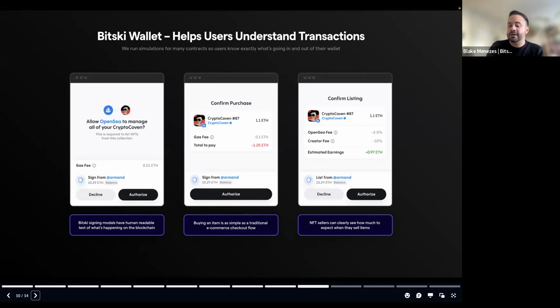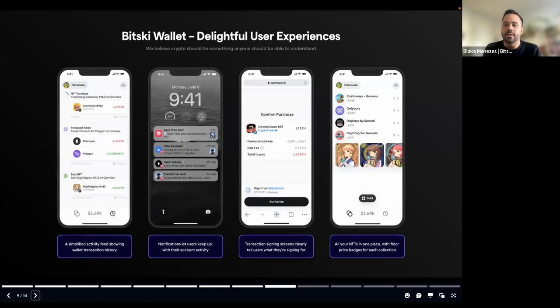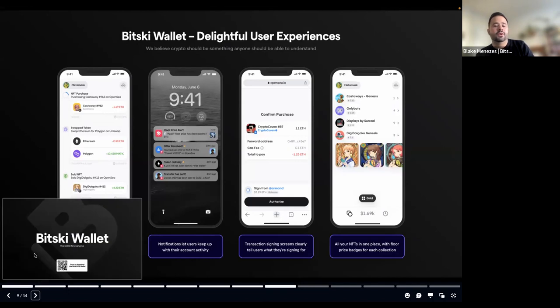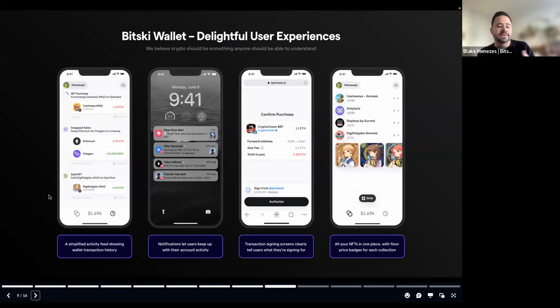And one thing that's fun that I didn't include in this is that you're also able to watch wallets inside of your wallet, meaning that I could keep an eye on Heather's wallet because Heather seems to always get all of the latest and greatest news of things that are going on. I can keep an eye on Michelle's wallet, who you'll meet in a second, or whoever else's wallet that you may want to look at to see what they're minting, what they're engaging with, so that you're not missing out on that next big collection, that next big thing that folks may be purchasing or snagging. So those are kind of some of the general updates and general things to know about Bitski.